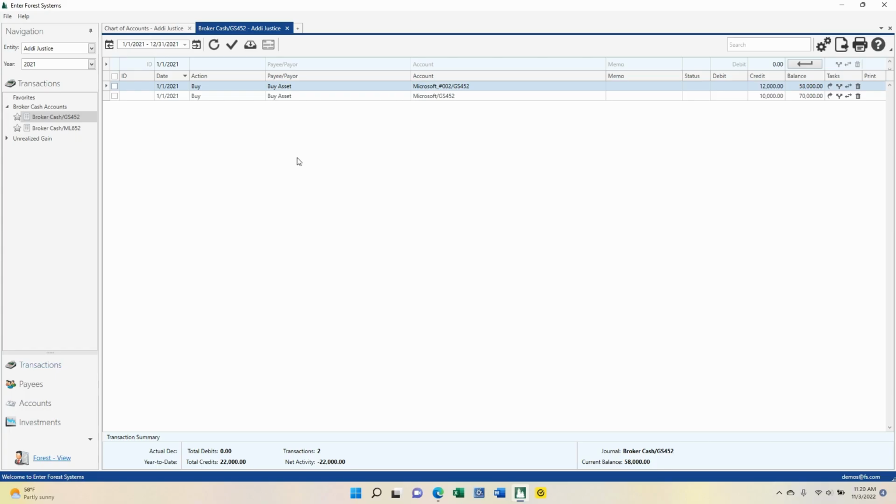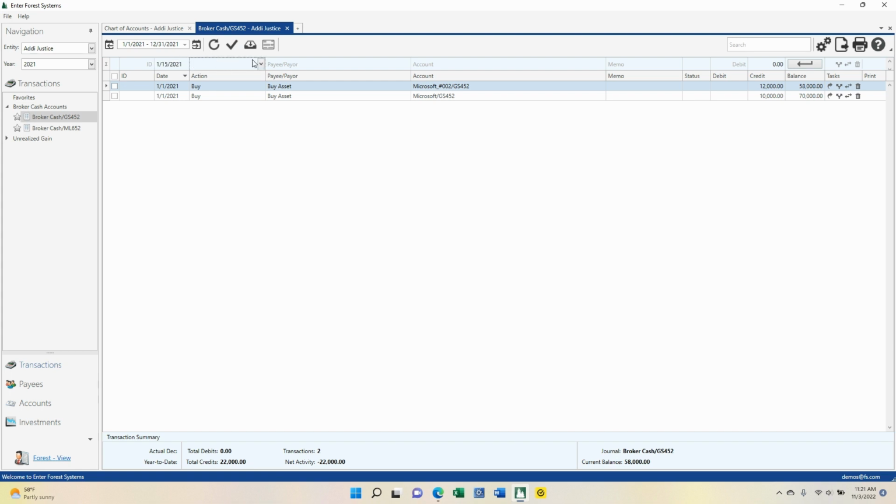So now that we have everything set up and configured correctly, we are now able to enter the transaction and adjust our cost and tax basis for a particular investment. In this case, we have 2 lots of Microsoft common stock, and we're going to be adjusting the cost of both lots. We simply go to the Enter Transaction row, enter the date,